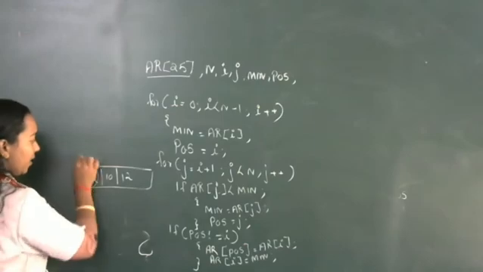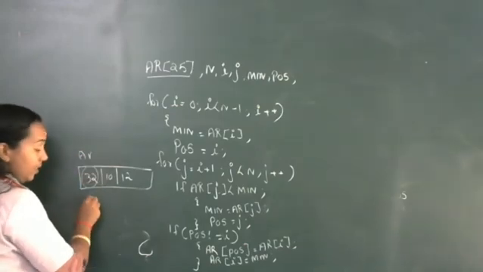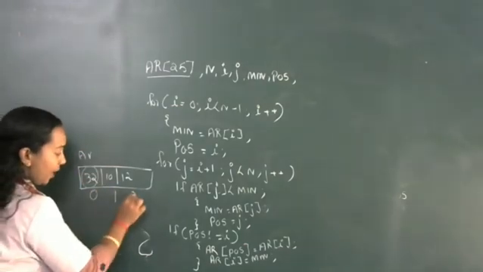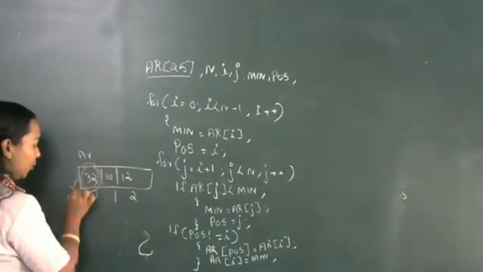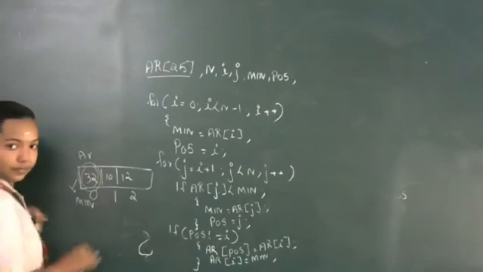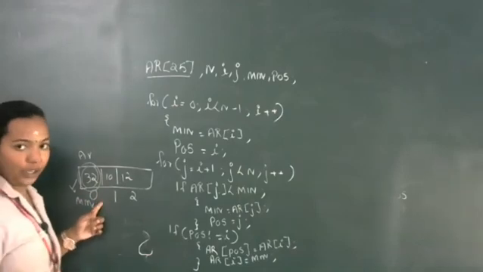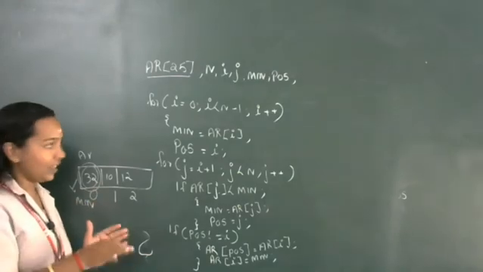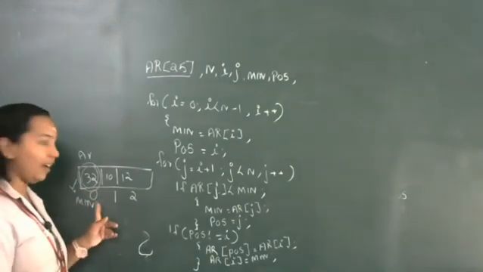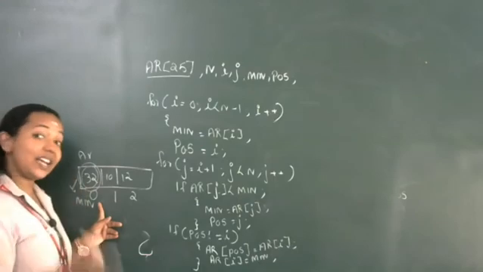32 means, if it is AR, then it is AR of 0, first location, second location, like that. So we are assigning the first value as min and its position in pos. So now the first value is already allocated. Then next we are going to compare the first value with the next elements.